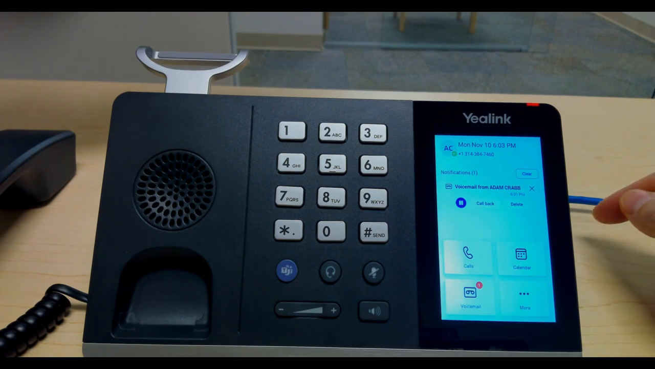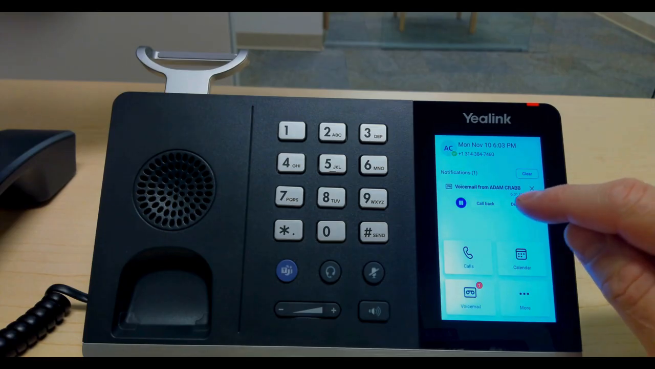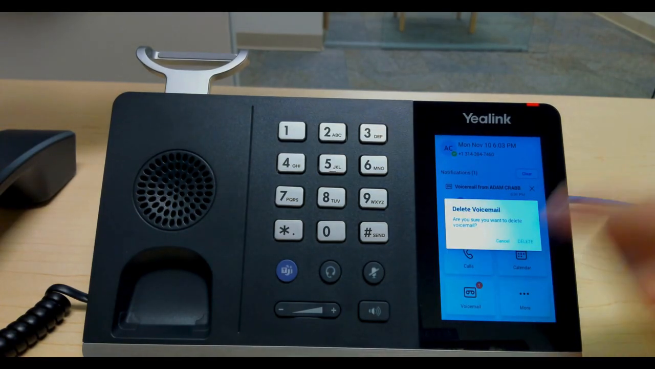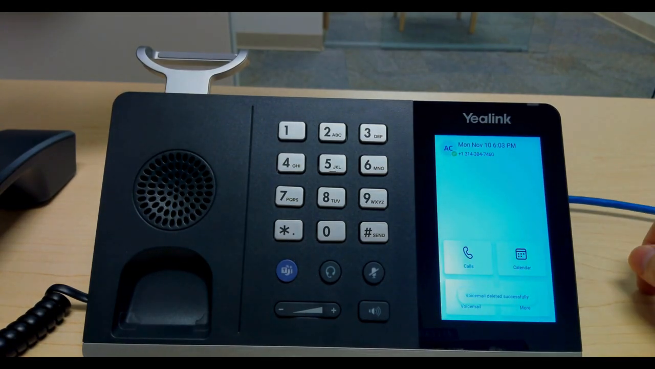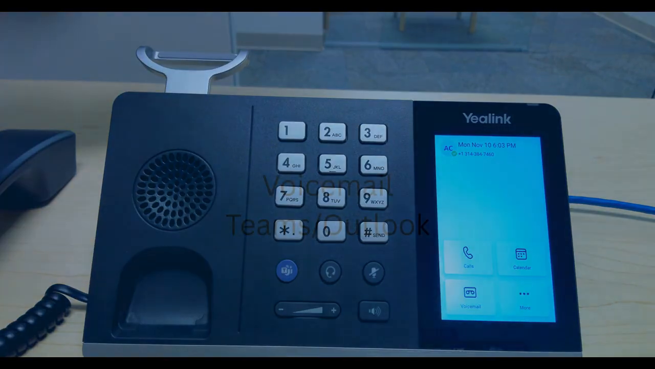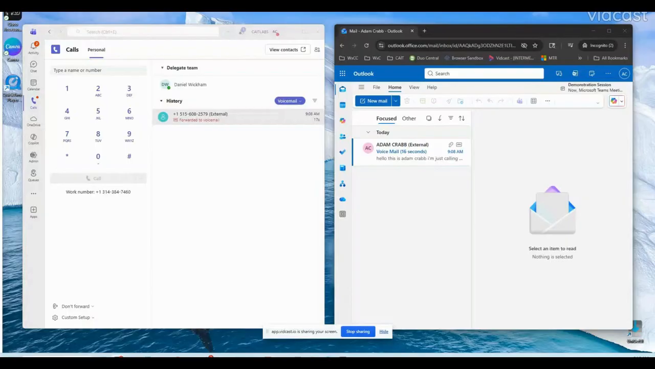I can hear it playing out of the handset now. I could also just simply delete that message, and now the notifications are completely gone. All right, so just a minute ago, I mentioned that voicemails would be available in the Teams app and also